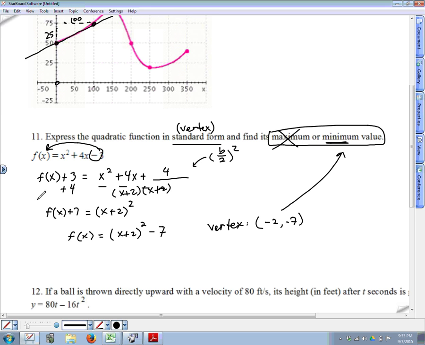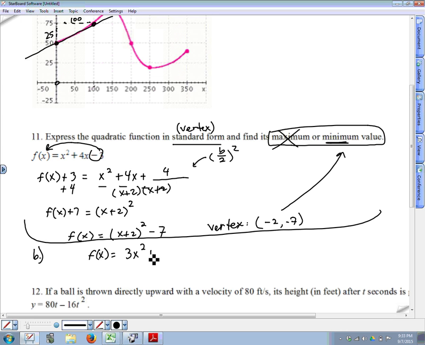What you really ought to expect on the exam, there were much more challenging problems than this in your homework. So I don't want you to just look at this one problem and think, all right, we got it easy. Some of the ones in your homework had a number in front of x squared other than 1. For example, if you wanted to think about a part B here,